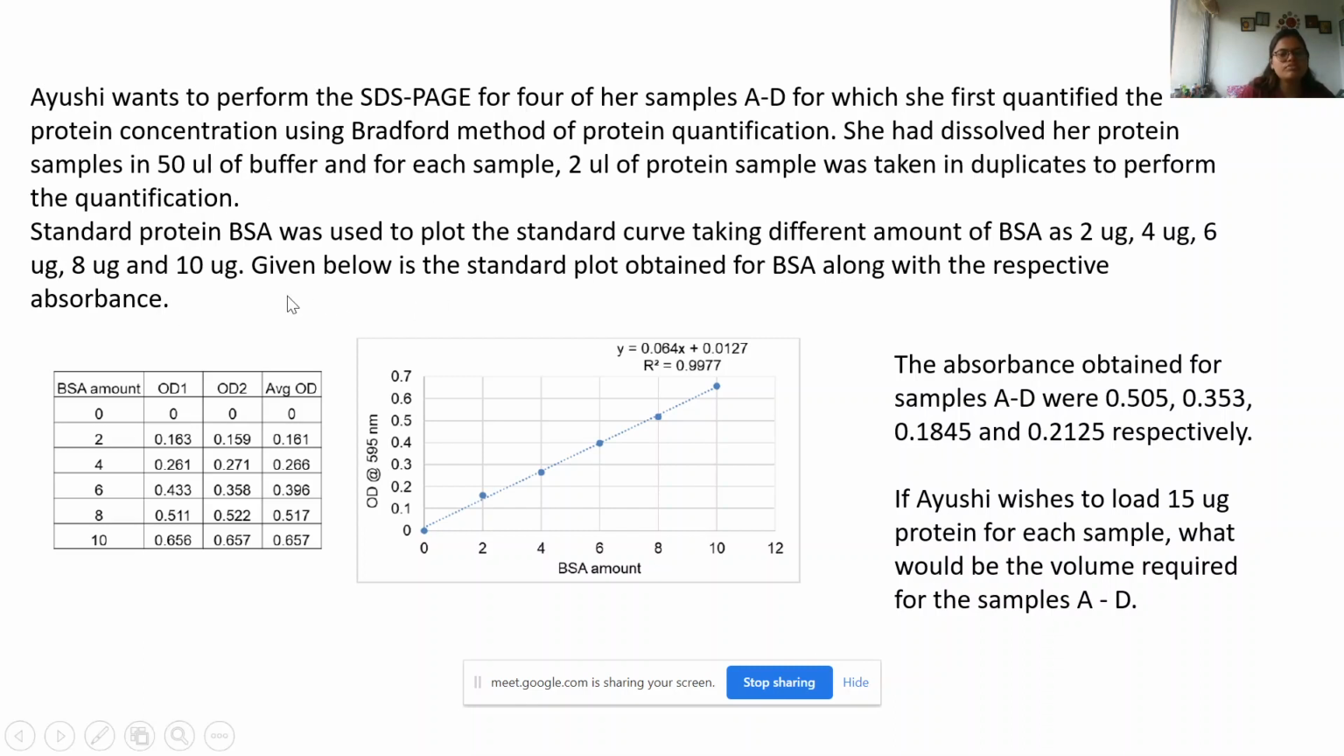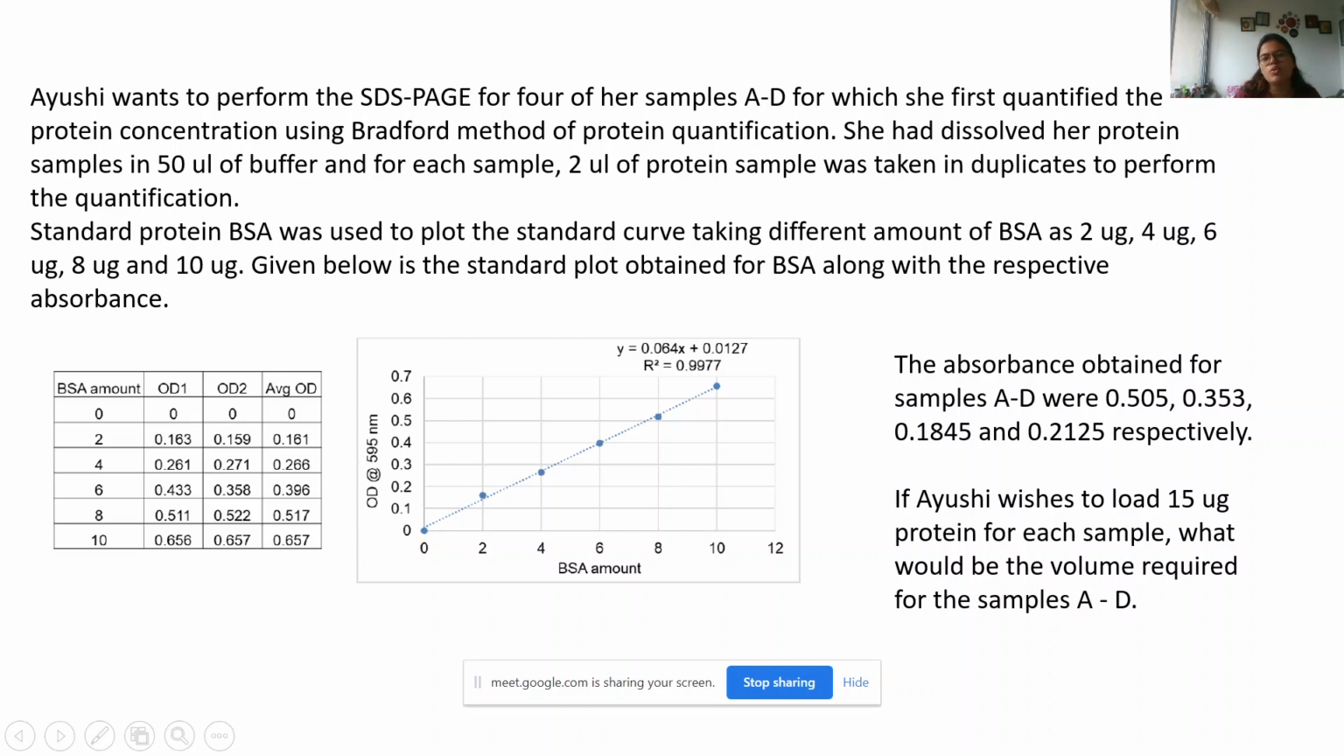Given below is the standard plot obtained for BSA along with the respective absorbance. This is the BSA amount. You can see it from the plot, as well as here where it is given. For 0, OD1, OD2, and this is the average OD. These are the different amounts, and these are the average ODs for the standard BSA. Now using this information, you have to find out